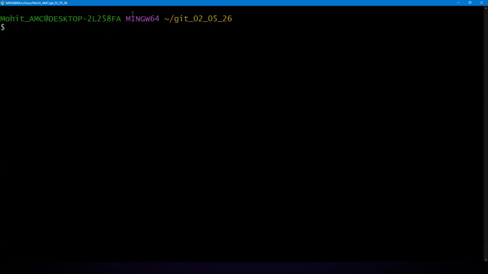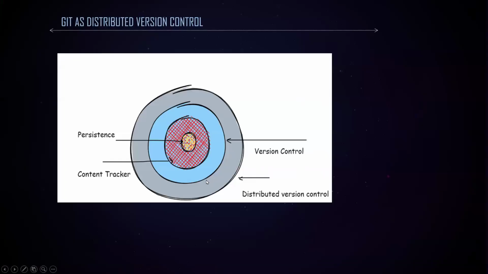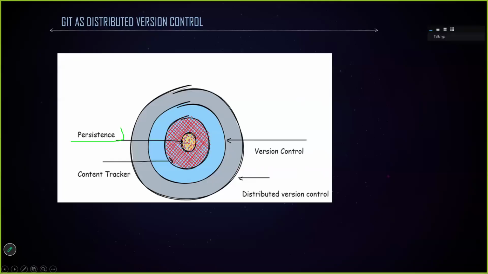Now, what is our goal from today's session? The goal from today's session is to understand the persistence layer, or to try to query the persistence layer, how Git actually stores the content. And while doing the practical on this layer, we will have the answer to one critical question. And that question I was asked in a GitHub